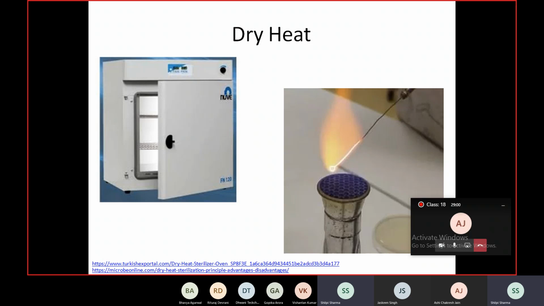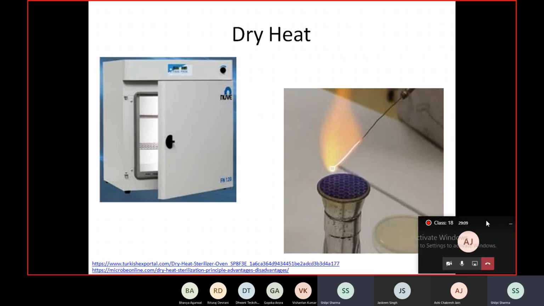The Bunsen burner is used for sterilization of the inoculating loops or the glass spreaders that we saw in the last class, no, class before last, for spreading and streaking. While hot air oven, if maintained at a temperature of about 170 degrees for 2 hours, completely sterilizes glassware which are used for experiments.